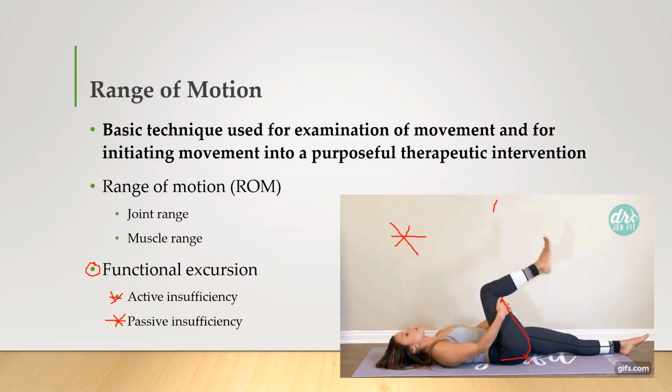We also have at the very top of this image, the hamstrings lengthened over the distal end. Right, the hamstrings are the main knee flexors. So putting them on stretch in the extended position is how we get that passive insufficiency. And what passive insufficiency really means is that when this muscle is lengthened, these hamstrings are lengthened at both ends, proximal and distal, it's going to limit, in a lot of our patients, the amount of knee extension that we can get,